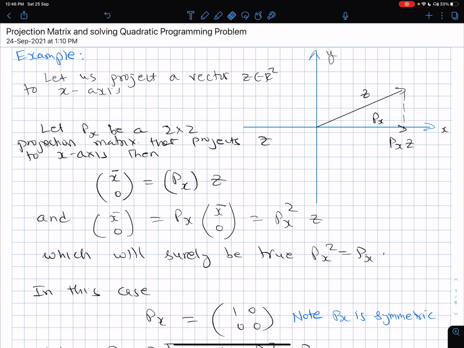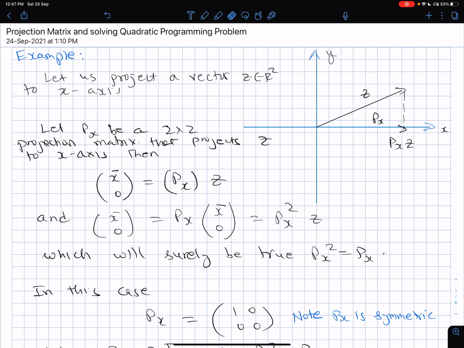However, the proof uses a certain concept of projection, and I thought we'll dive deep a bit more into what is a projection and how it is useful in connecting the geometry and algebra of the optimization problem. So we'll develop the notion of projection matrix a bit more today in this class and use it in solving the equality constraint quadratic programming problem. And after that grounding, we will return back to the second proof of the second order necessary conditions, where we will be using the concept of projection.